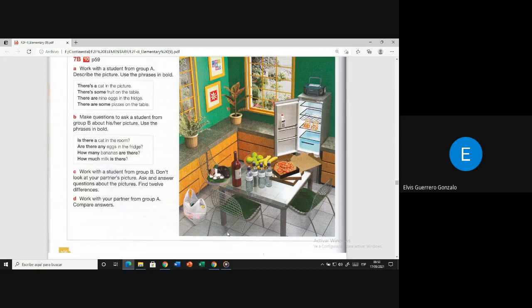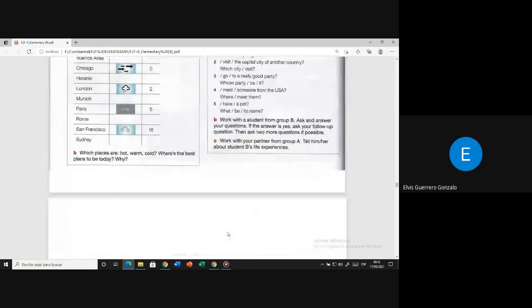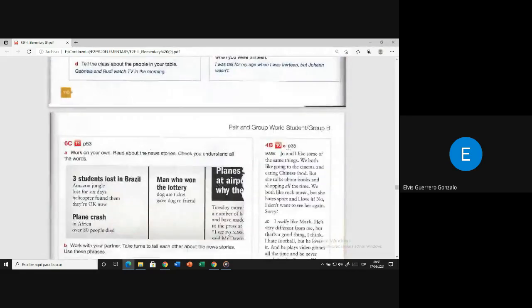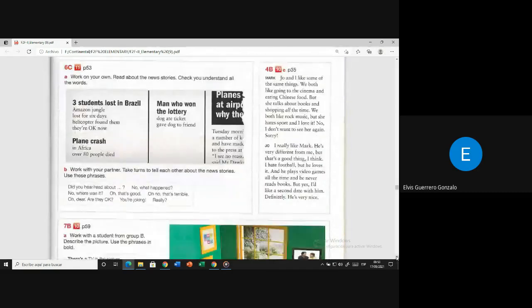Similar, students number 2. This is your story, or these are your stories. Okay, student number 2, you tell your stories to a student or to group 1 or to student 1. Student 1, you listen to the story and then you react.